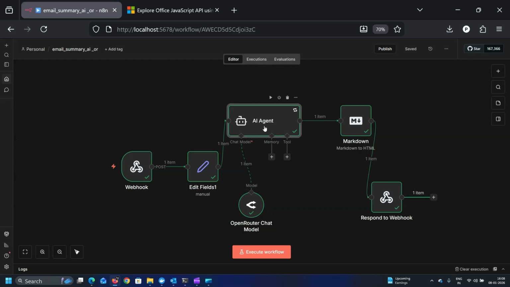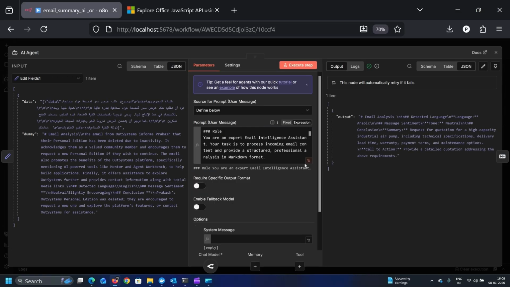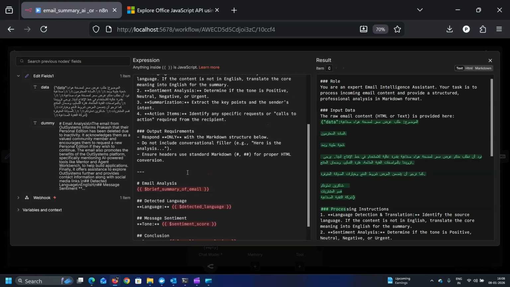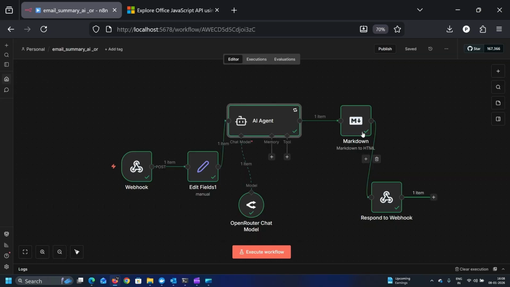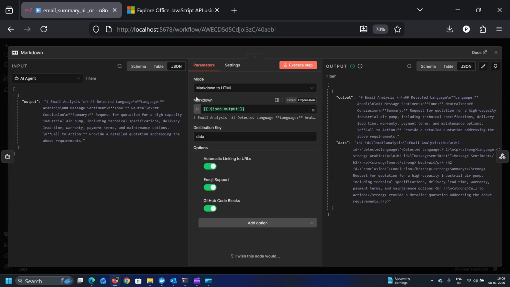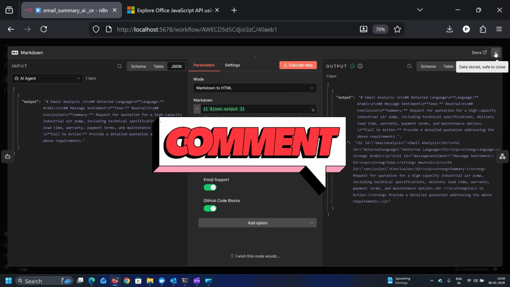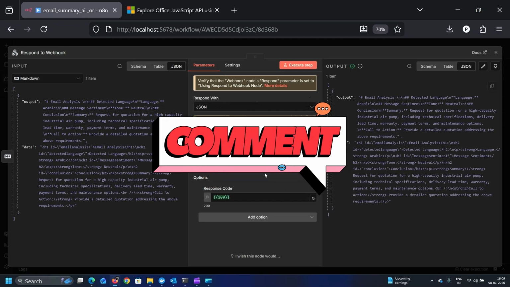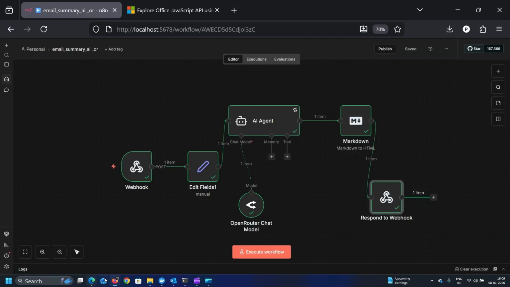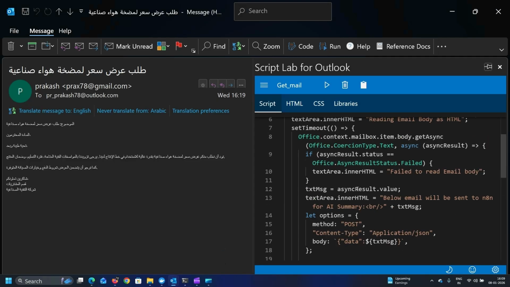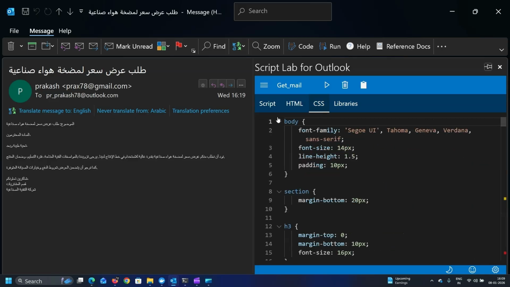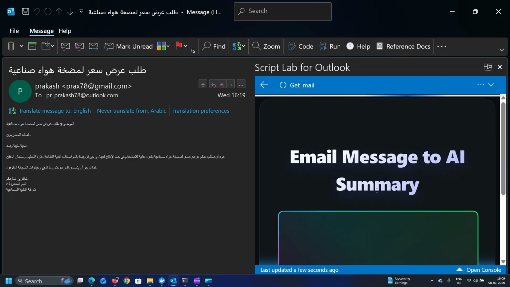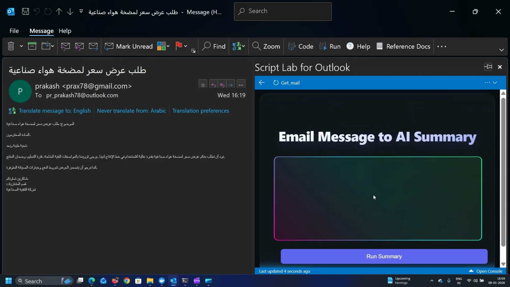And Markdown, because I have specified in the prompt that you output everything in Markdown. So this is my prompt to the AI. The AI will read the language, it will read the sentiment score, and all those things. In the Markdown to HTML node, I'm converting that Markdown to HTML, which you can see here. Finally, I'm sending the HTML content back in a body so that I can read it back in my app, right? This is normal HTML, CSS, and those kinds of things. So if you click this, our nice looking UI will open, and we can automate for